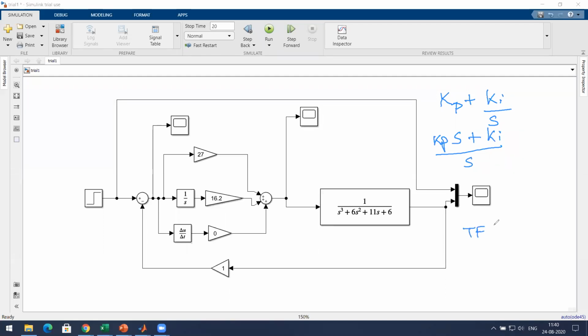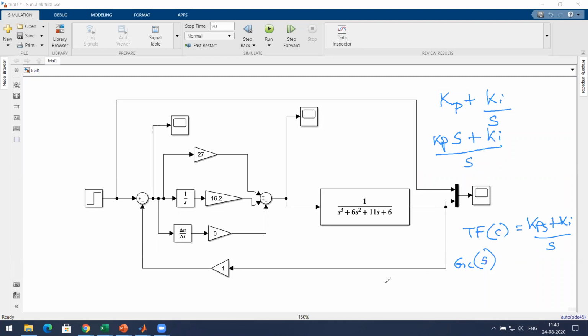The transfer function of the controller is nothing but (Kp S plus Ki) by S. We call this Gc(S).